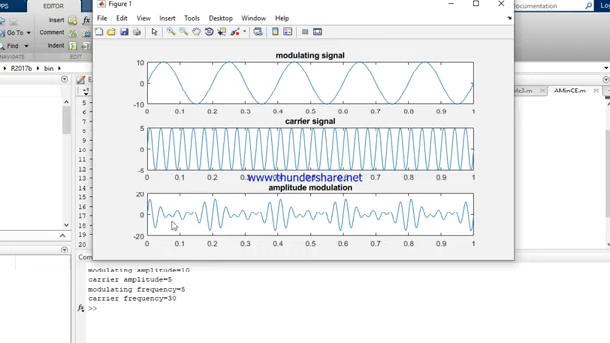So now we can easily calculate the V max value, the V minimum value, and again the V max value from this. So likewise we can easily calculate the